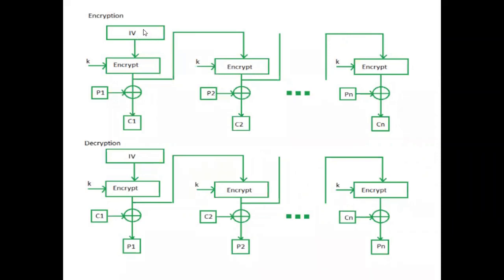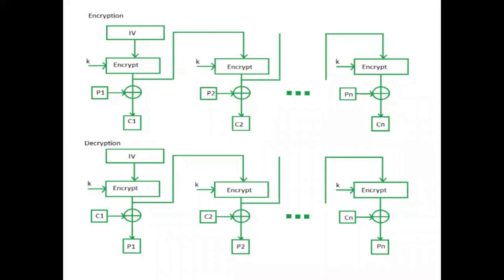Okay, initial vector, the original content, you are performing the encryption with the key K, then you are getting the output. Here it is all 64-bit. With the P1 you are performing XOR, then you will get the C1. The encryption output is given to the next block encryption. Okay, output feedback mode, right? So this is the process, very similar to the previous one. Like this, it will continue with the n blocks for the encryption process.